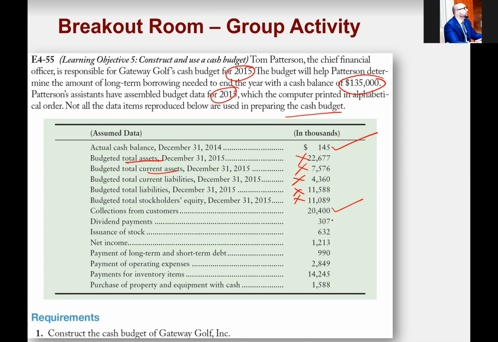Yes. Dividend payments? Yes. Issuance of stocks is inflow? Yes. Net income? No. Payment for long-term debt? Yes. Payment for operating expense? Yes. Payment for inventory item? Yes. Purchase of property and equipment with cash? Yes. So it means we have inflow 1, 2,